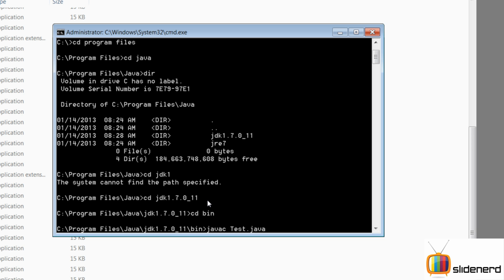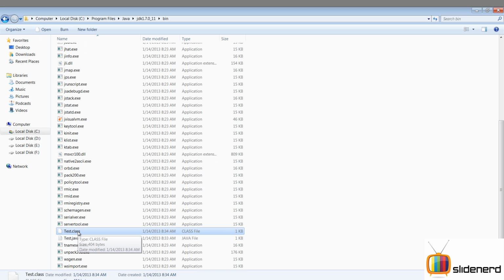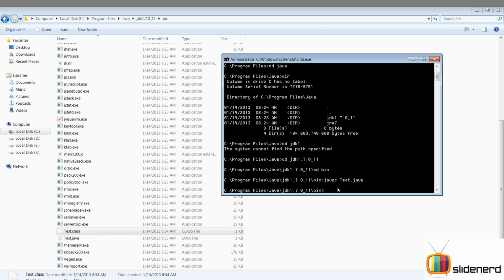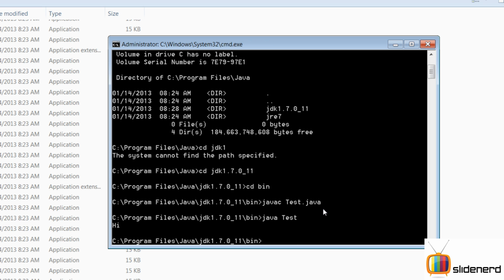Okay, now we are going to use the command javac to run this. You just need to say javac space and this file name, which is your test.java. Click enter. Okay, it's compiled. If you see, the proof that it is compiled is this file, test.class. This has been generated right now in front of your eyes. If you go back to the video, you can see it actually happening. So now I'm gonna run this by saying java space test. Don't put .java over here, just the space and the file name test. Okay, now it says hi over here. This ensures that Java was installed successfully and is running.